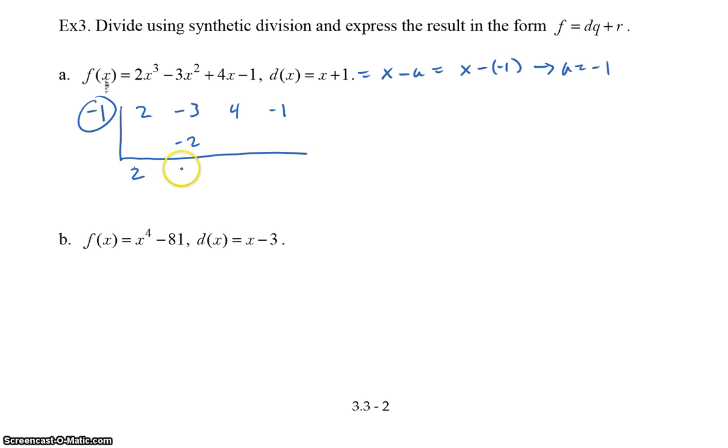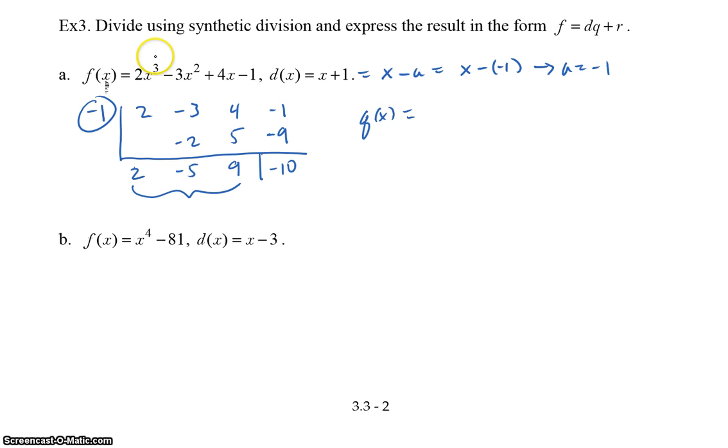Negative 3 plus negative 2, negative 5. Now repeat. Negative 5 times negative 1, positive 5. 4 plus 5 is 9. 9 times negative 1, negative 9. Add negative 1 and negative 9, negative 10. We'll split negative 10 off from the rest. And now we can see that our quotient, q of x, would be, okay, it comes from here,